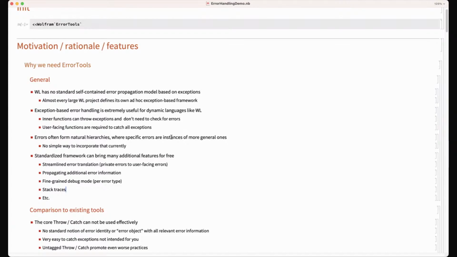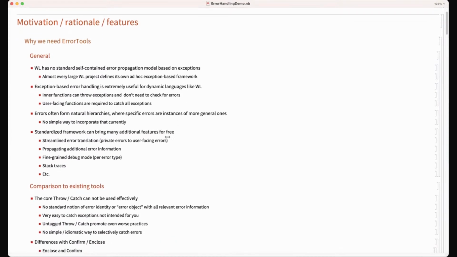And so this is the error tools project, or packlet as well, an attempt to define and implement such a model and to empower developers with error handling tools that are especially useful for larger projects, but that can actually be used on projects on any scale.